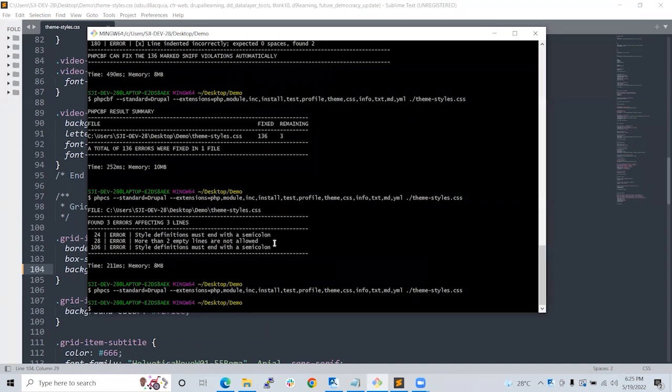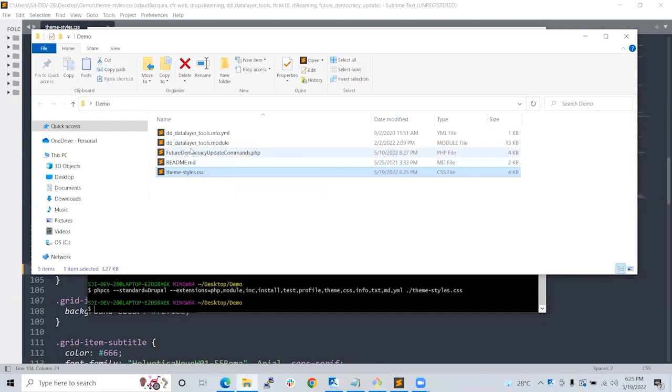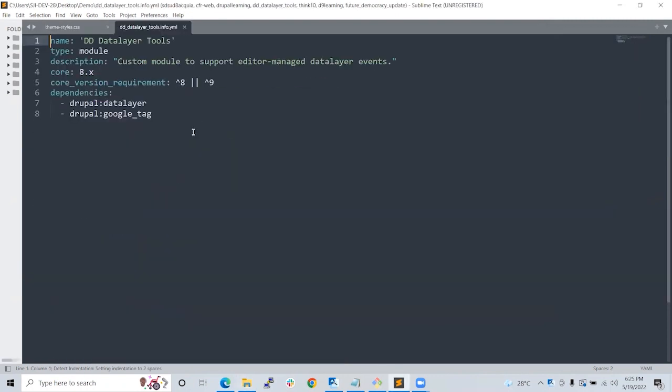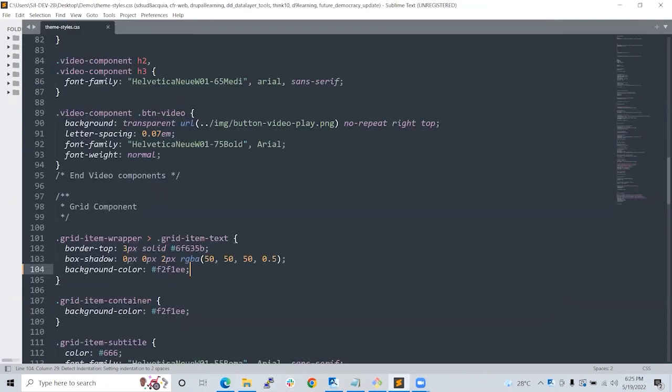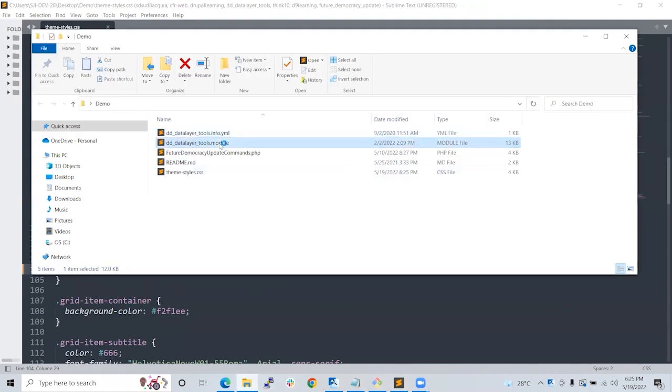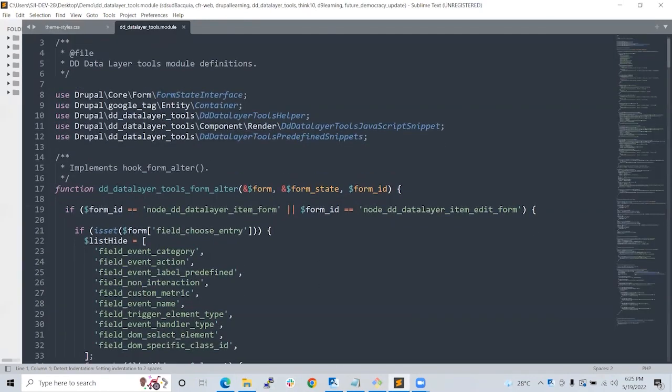So this is for the CSS file. Similarly, I'll show you another file. Okay, this is the module file.